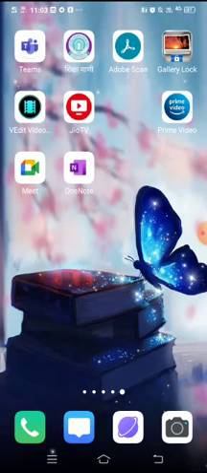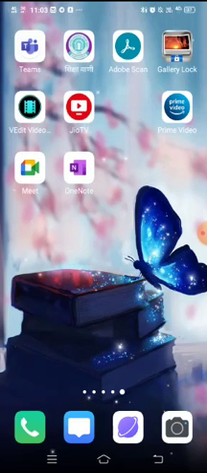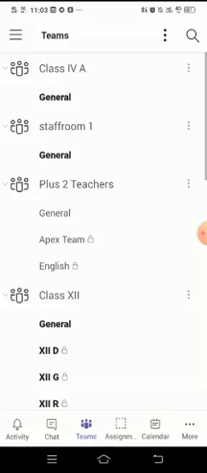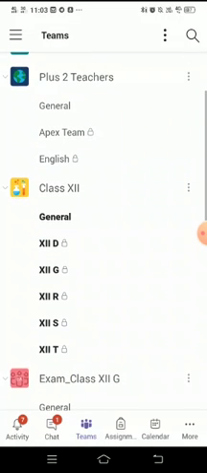As usual, your exam will be conducted via Teams app. At the time of exam, you have to open Teams app, and when you open it you can see the channels where you are a member. You have to choose your class exam channel.